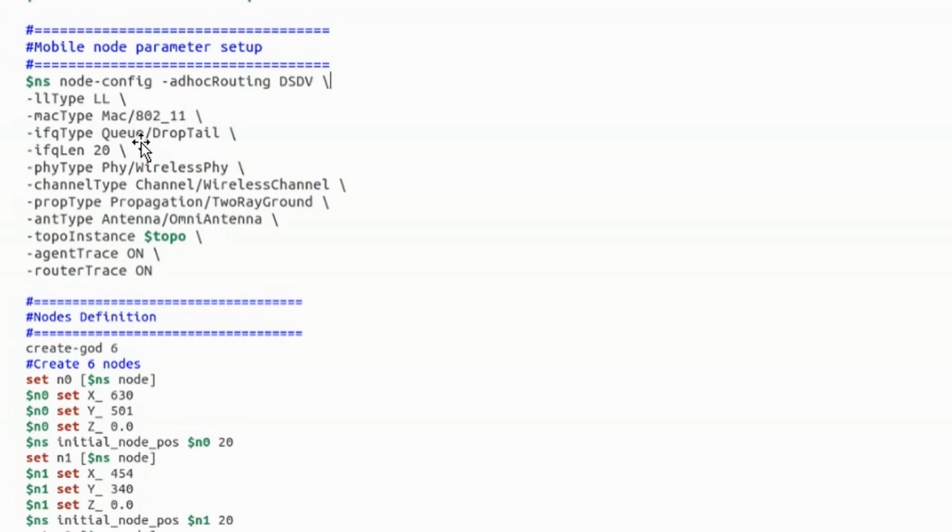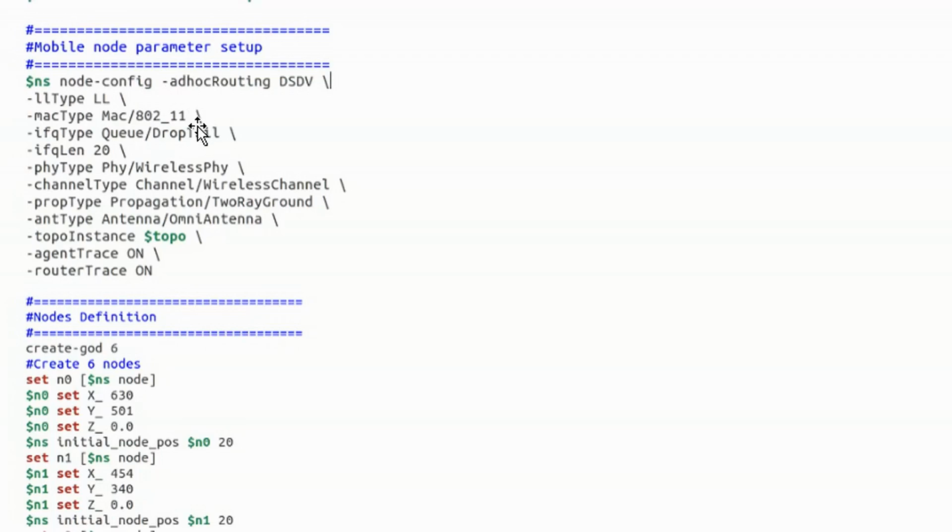Do you remember in program 3 we used 802.3? So 802.3 is for wired LAN. Here 802.11 is for wireless. Okay, so for MAC I need to use Mac/802_11 here. So these two are done, the logical link control layer and the MAC layer.